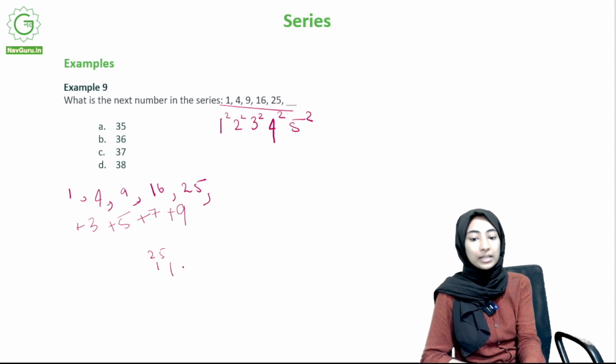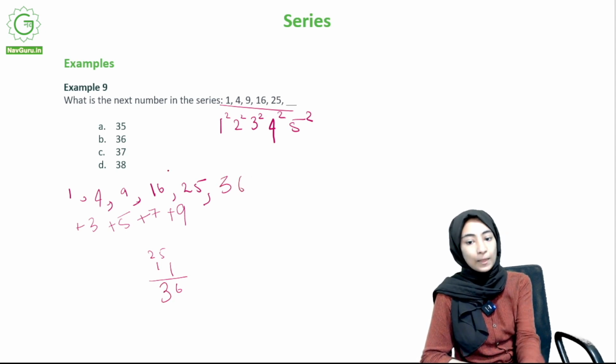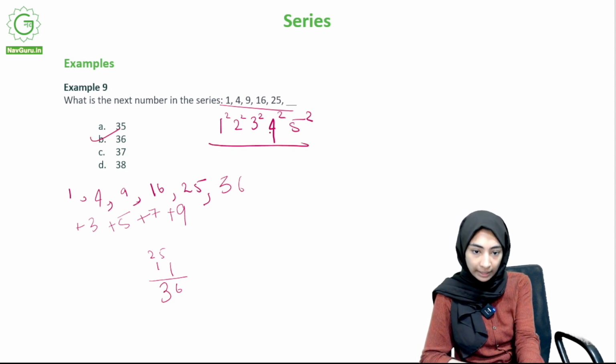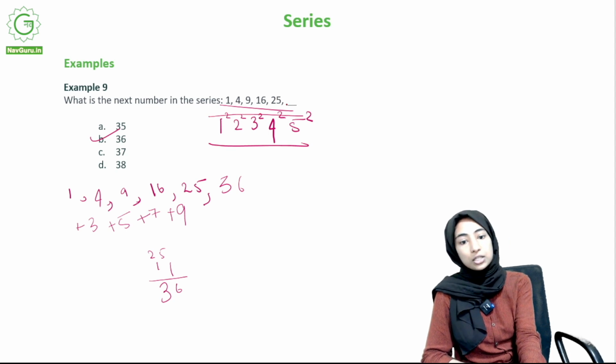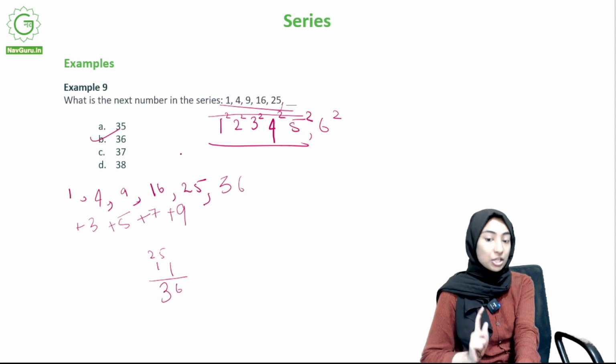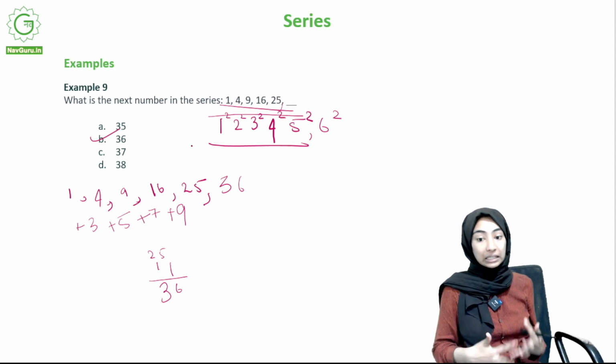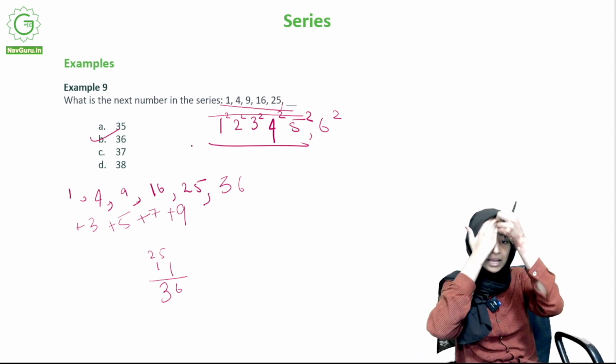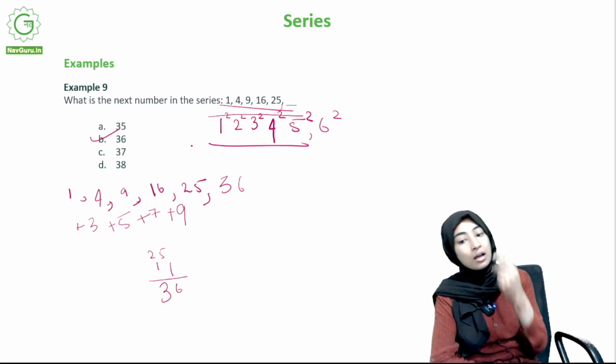So 3, 5, 7, 9, it would be 11, right? So 5 plus 1 is 6, 2 plus 1 is 3, 36. You would get 36. And if not, if you had guessed this way also you can guess. So after 5 square you can see 6. 6 square is also 36. So this is actually, we learn a very interesting thing here, is that if you were to write the squares,